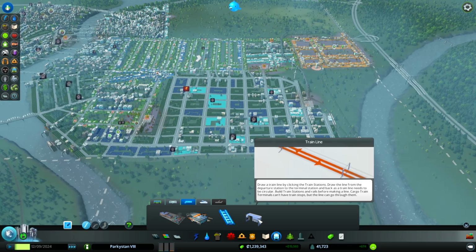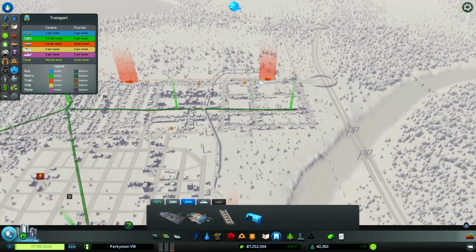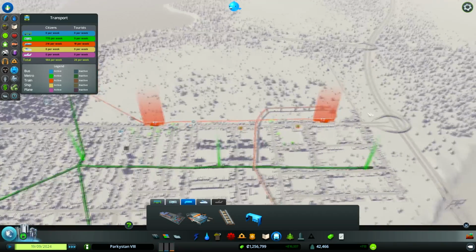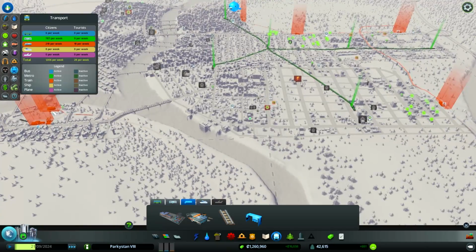Draw a train line by draw... Oh, you can actually do stations on it. Oh, I didn't realise this. Oh, so we actually do need to link the train stations up. I did not realise this. Okay, so we want a train going from there to there. Oh, we've already done that. That's fine. And then we can probably go...